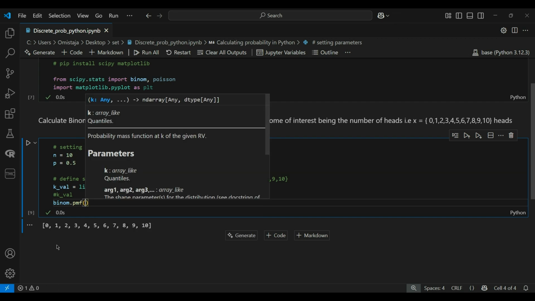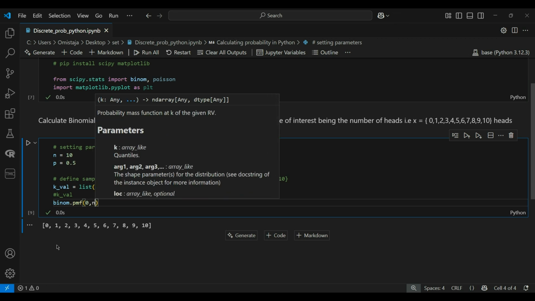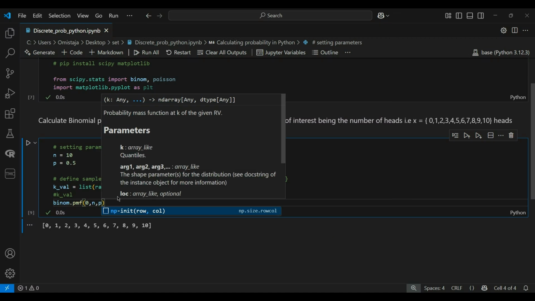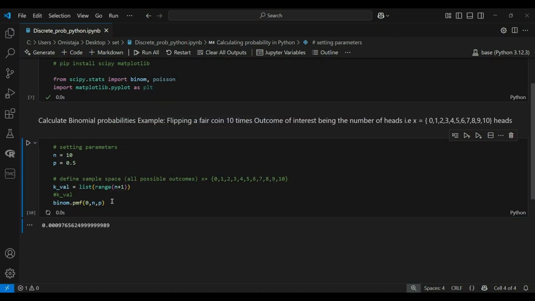We need the outcome value, which is 0, the number of flips, which is n, and the probability of success, which is p. If we compute this one, we will get the probability to be this value,